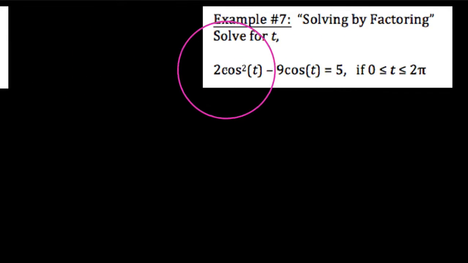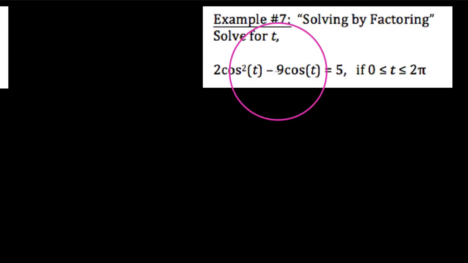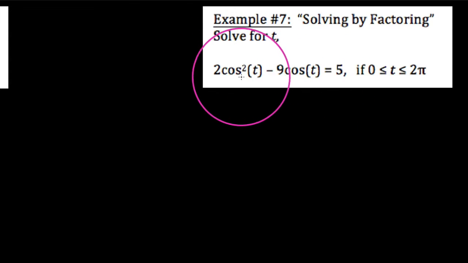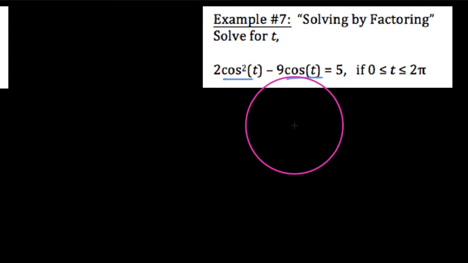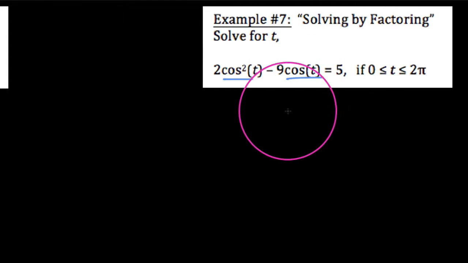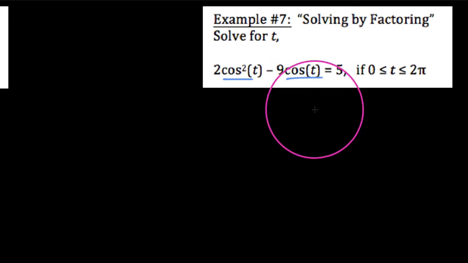We're going to look at a trig equation in this video, which you can see over here. It says solve for the angle t that would make this true, but you'll notice that we have a cosine squared and a cosine to the first power, which makes getting cosine by itself a little more difficult to do. So what we're going to have to do is